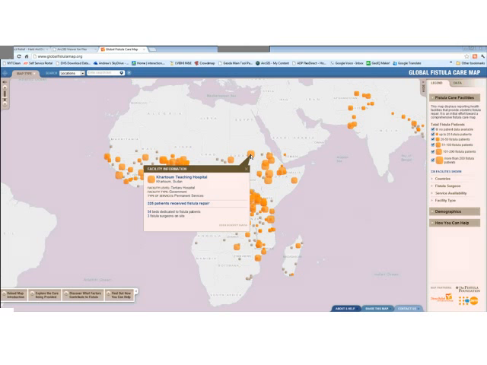First you will see that we've geocoded all the facilities, and this will give you some base information from the most recent year that we had survey information from, 2010. How many patients received fistula repair, how many beds are at this facility, how many surgeons are on site, where is this facility, what kind of facility is it.